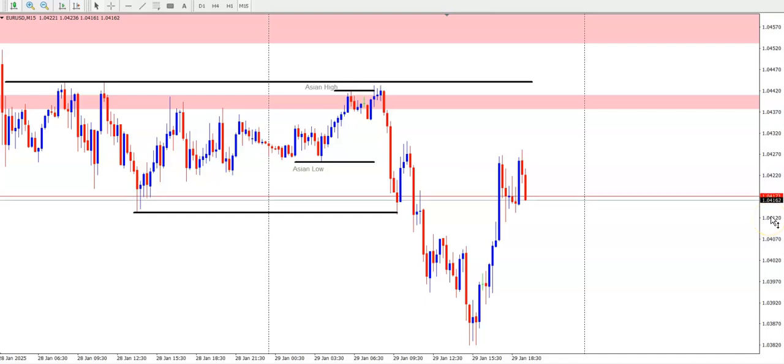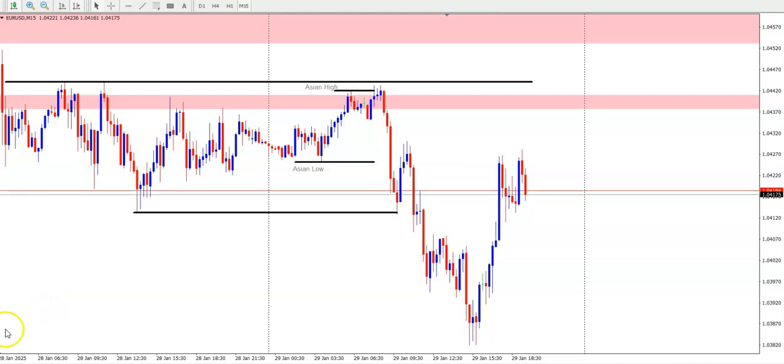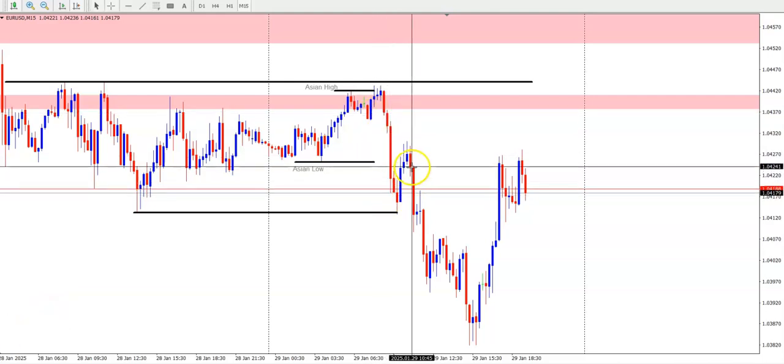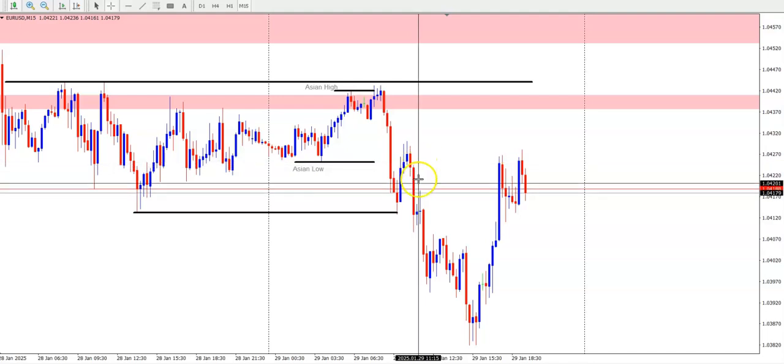We also have an interest rate decision about the USD later on. So as you can see, you can miss those moves,